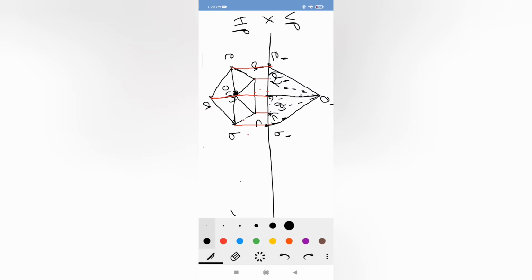After doing all these things, you should not forget to give the dimensioning. First, what is the axis? Here O dash P dash is the axis. As P dash is dominated by the lateral edge O dash A dash, here we have skipped the axis.